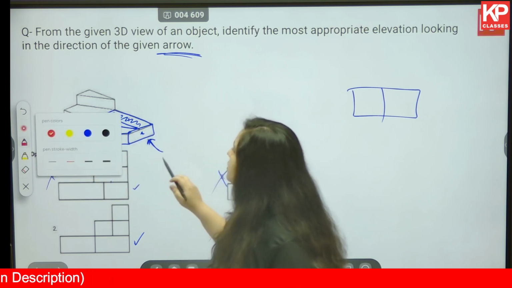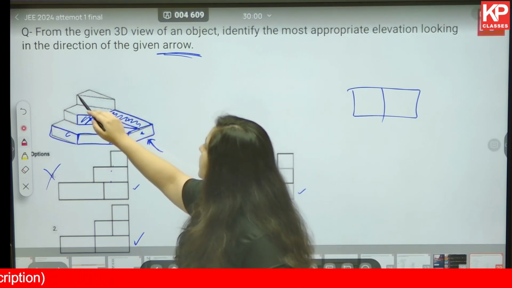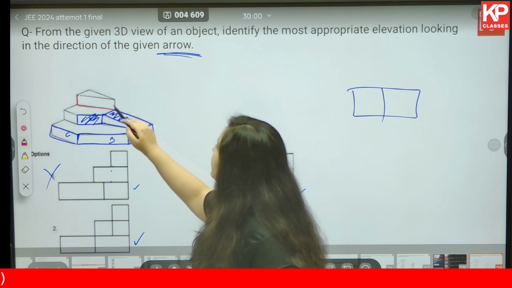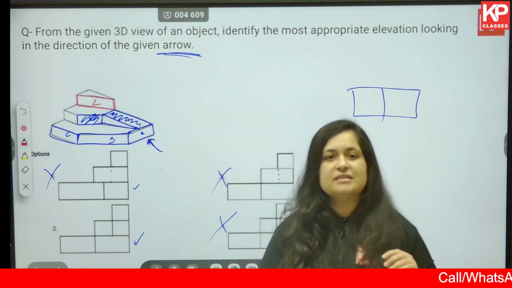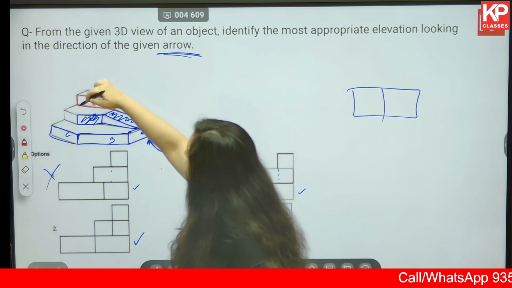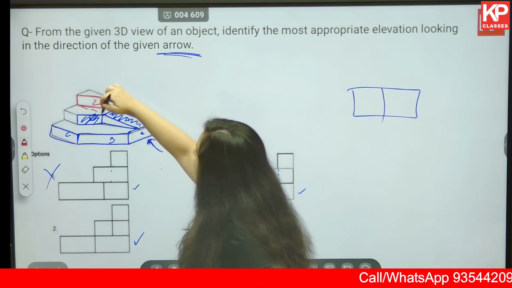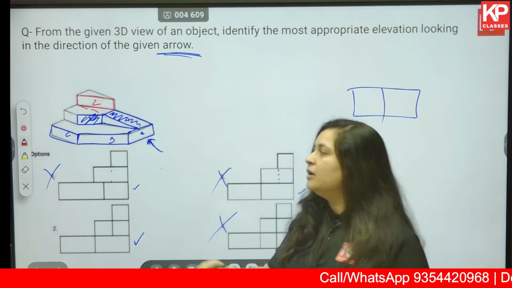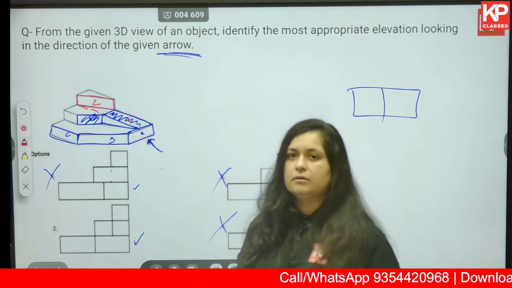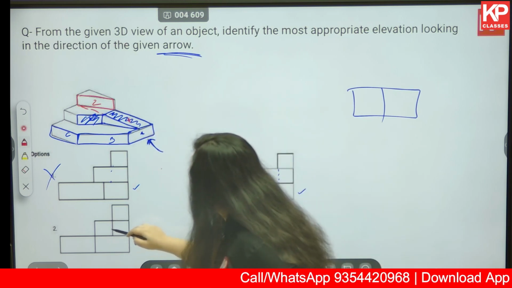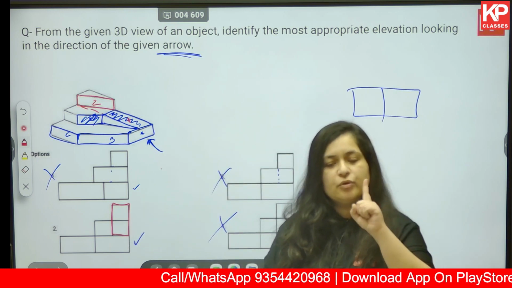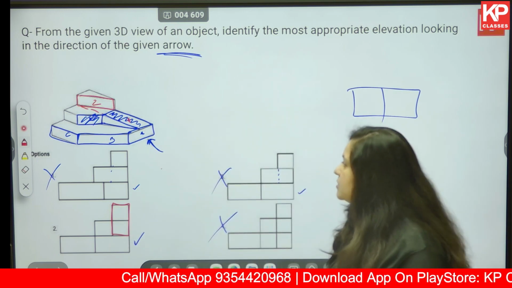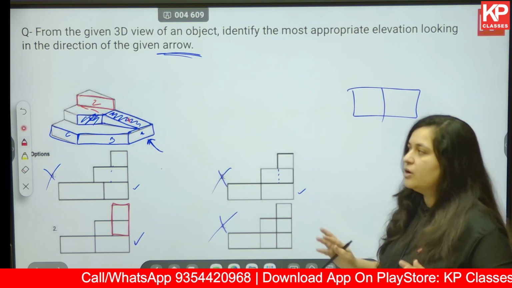What is happening on the third level? You will be able to view this inclined rectangle. Let's say this is surface Z. Okay, and if you look at the horizontal level of this is coinciding with element number 1. Okay, so we have that. We have this coinciding with element number 1, and we are able to view only one surface. So option number 2, double assure, is correct.